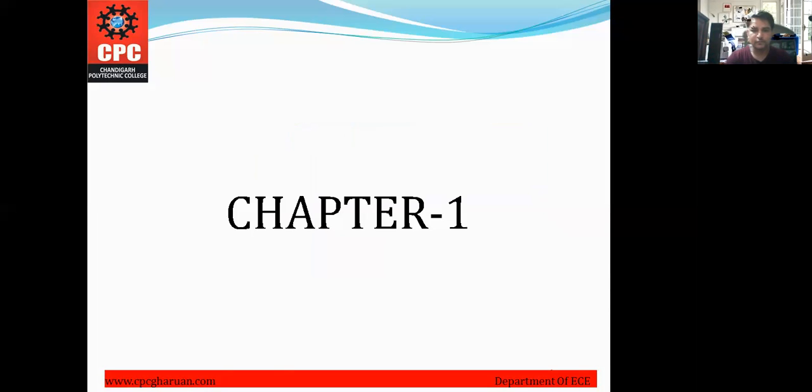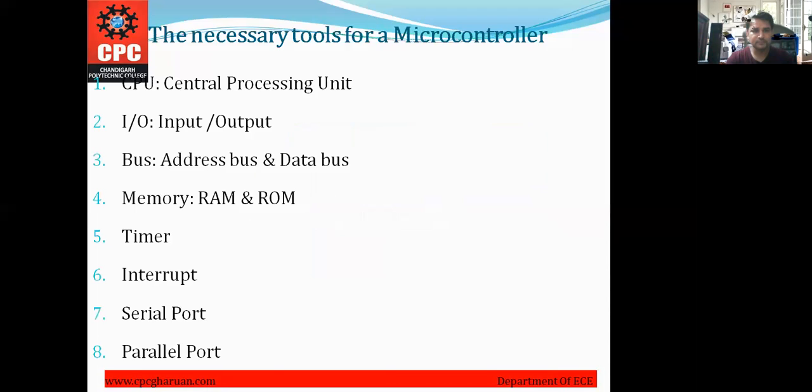Here we will start from the first chapter of microcontroller. Here are some necessary tools for microcontroller.